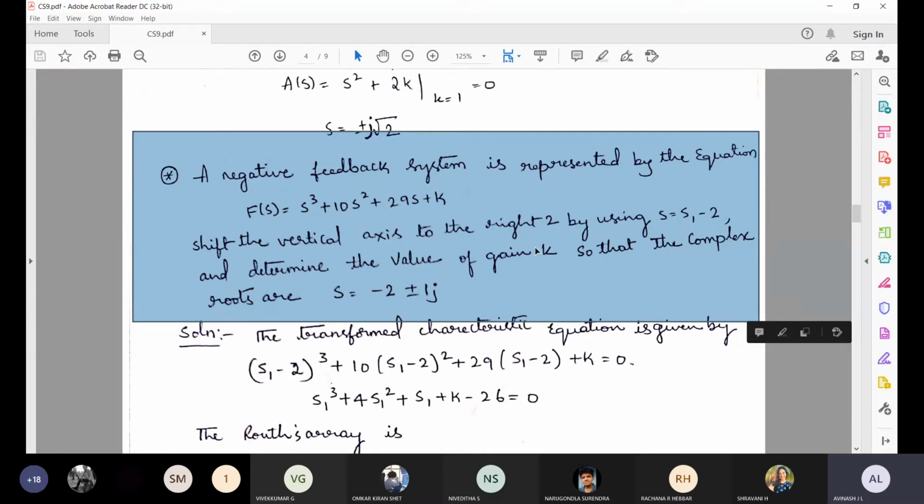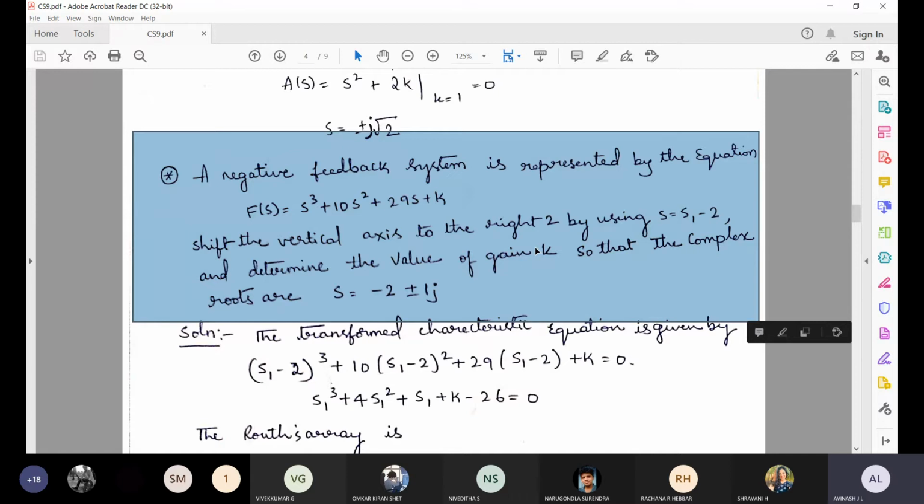After that, in the system some parameters will be unknown, and to get a stable system, what is the necessary condition to be satisfied? That also you have seen. And after that, the last numerical, the clubbing of the time domain specification, which you learnt in module 3, the second order system, as well as the RH criteria in this module. How the numerical can be clubbed, that also you have seen.